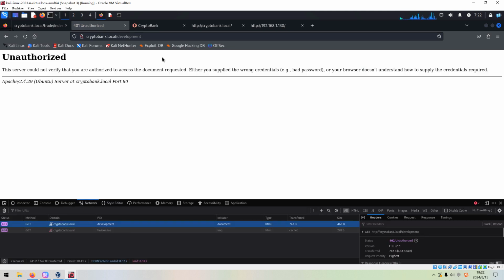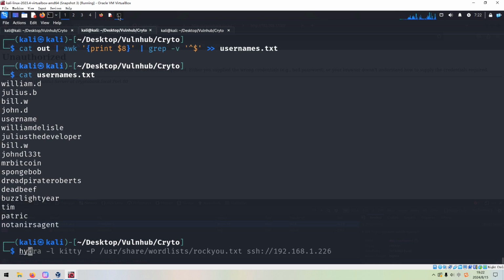So we can use Hydra with the uppercase L, username dictionary, and passwords dictionary, and if we find the password or credential, we'll stop.